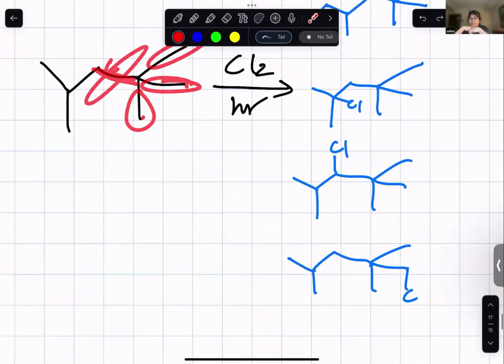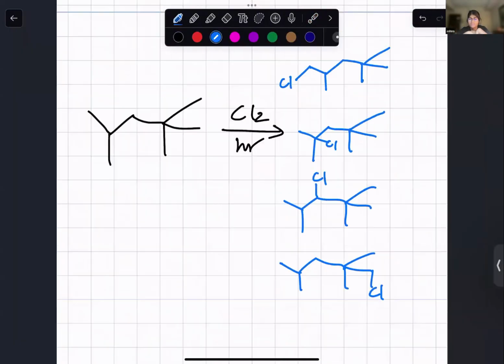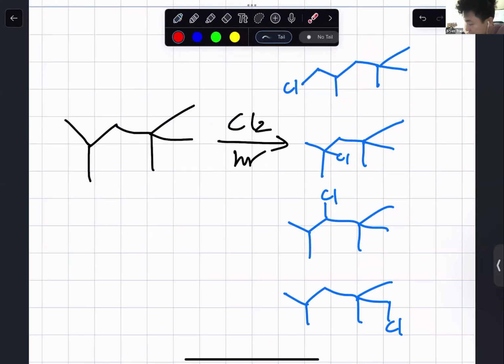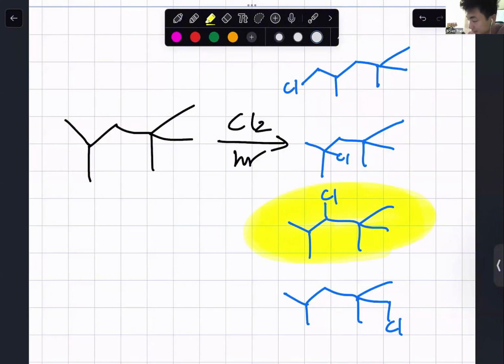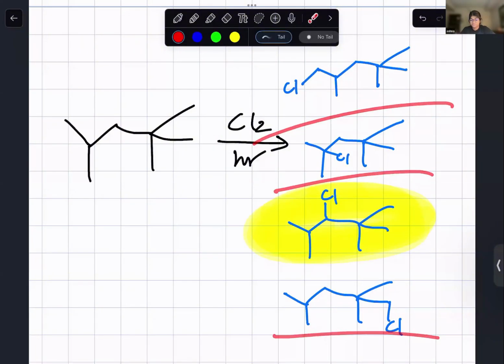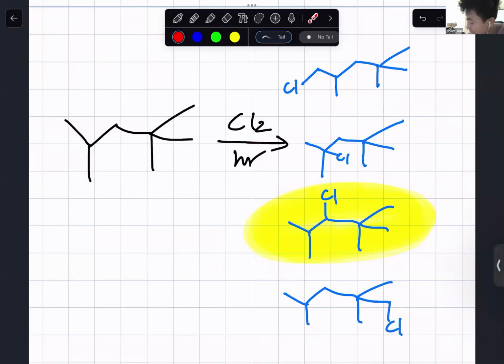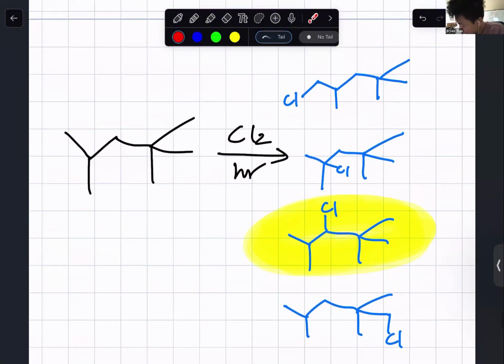same thing. Yeah. But then another question here, we know chlorine likes secondary. So over here, are we trying to prioritize chlorine getting secondary? Yes. So if this was the product, the secondary product here would most likely be the major one. Oh, I see. But these are the possible ones as well. But this would be major. Right. And to make sure, we would do the math with the selectivity factor chart. But generally, chlorine likes secondary, fluorine likes primary, and bromine likes tertiary. Yeah, bromine is the most selective.